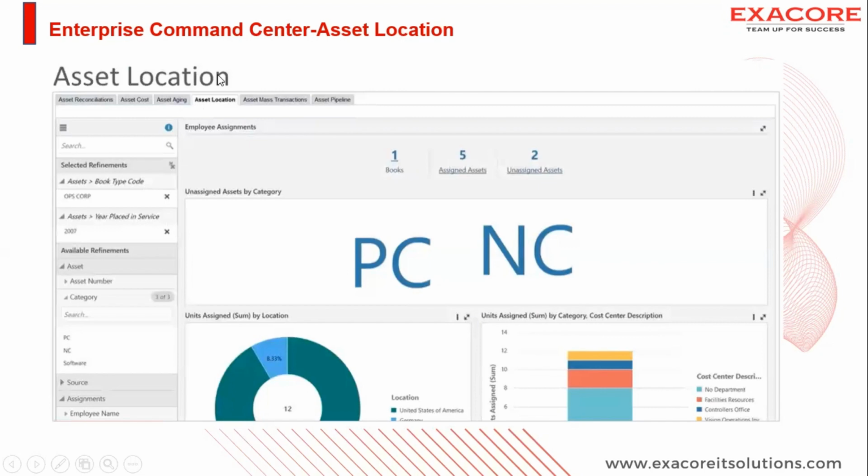So moving to the next dashboard, that is the asset location dashboard. This asset location dashboard can be used to track fixed assets across all locations and employee assignments and detect any discrepancies in the cost center assignments. The actionable links in this dashboard help to execute the asset transfers and assignments in Oracle Assets to resolve